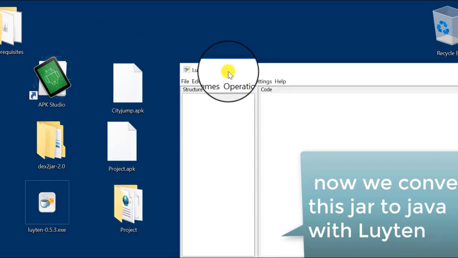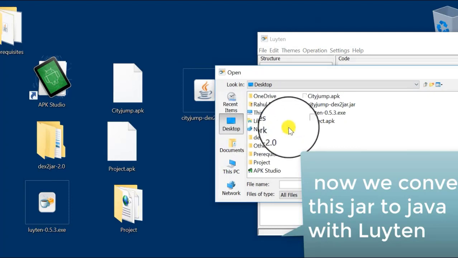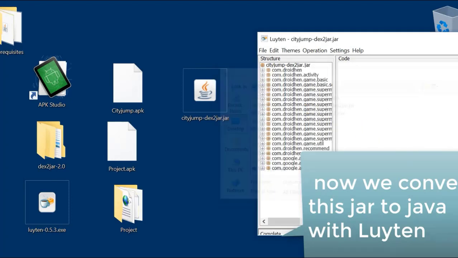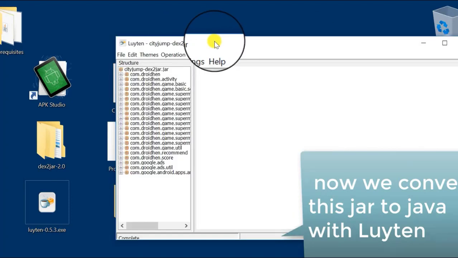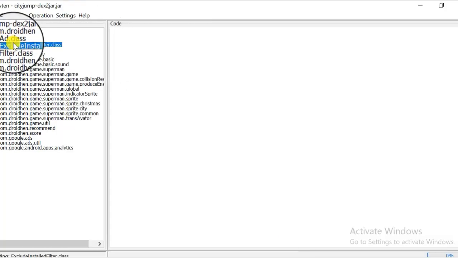Now open JD-GUI, which is a Java decompiler. Go to File, select open file and select the jar file. So now we have successfully decompiled the dex code to Java code.